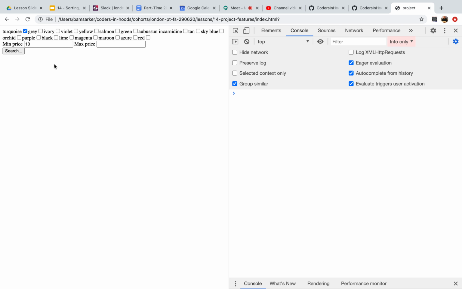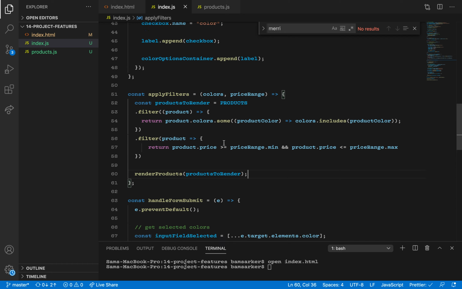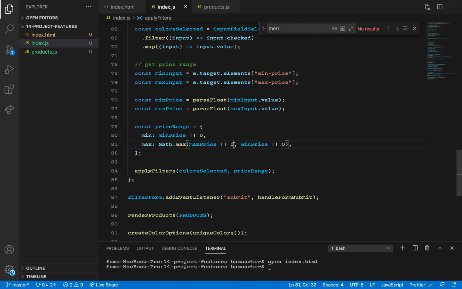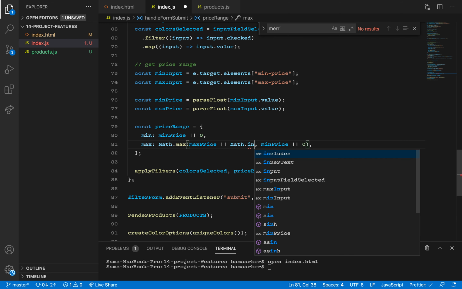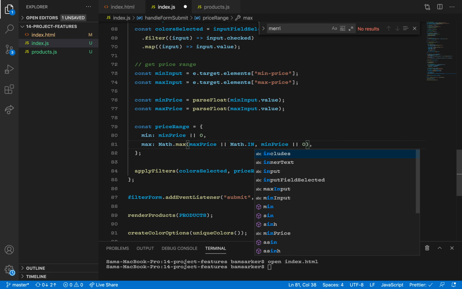Now, min price and max price, their max price is actually going to be 0. So I didn't want max price to default to 0. I want max price to actually default to infinity, which I think, okay, infinity. JavaScript obviously doesn't have Math.Infinity. Other languages do, but